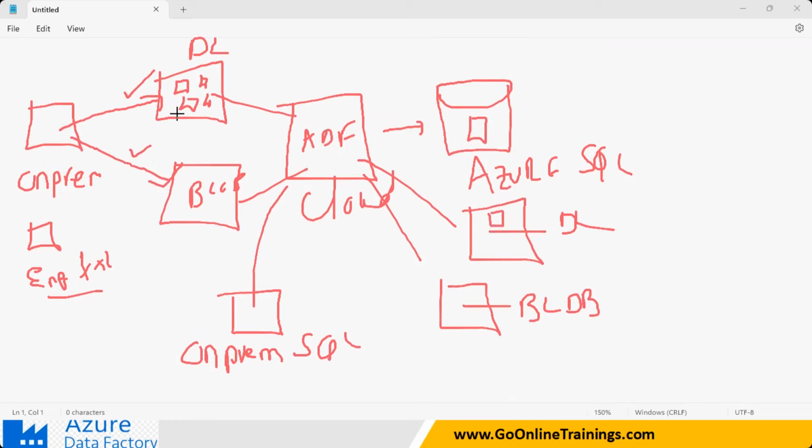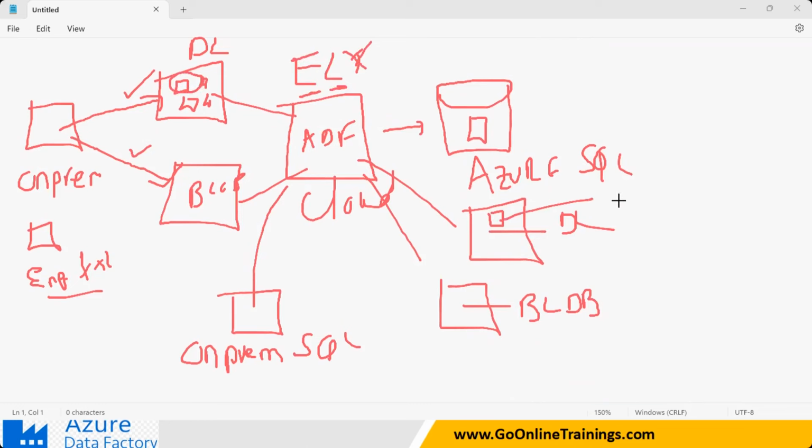Clear? So if you take the data as it is from here and load it without applying any kind of transformation, that kind of process is called the ELT process. What is the meaning? Extract the data, load the data first. You take your employee.txt file, directly extract the data, load the data, store the data.